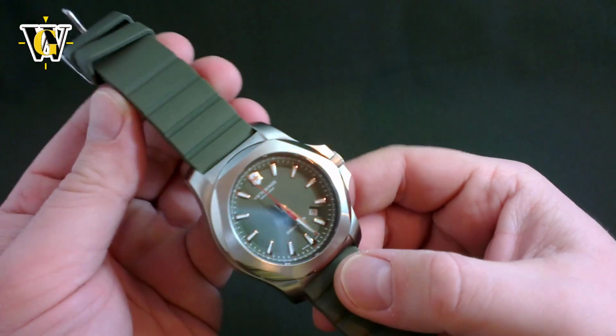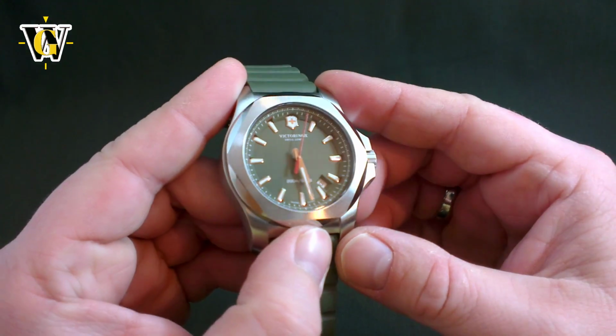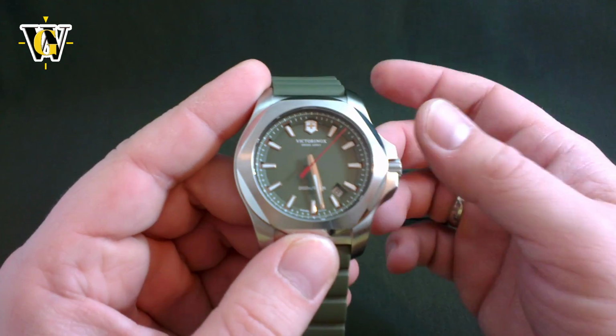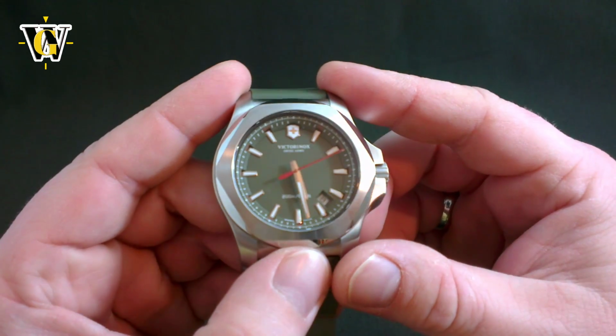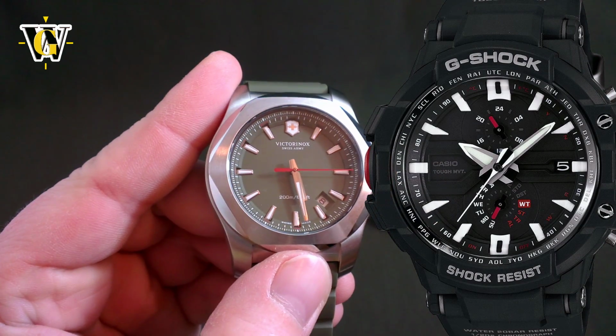But then again, people say that about G-Shocks as well, and although it might be true when it comes to digital watches, with analog ones, it's a bit different, as they have parts that can fall off due to high forces during an impact. Now, the way Casio solved that on their Gravity Master series, as they're all analog, is